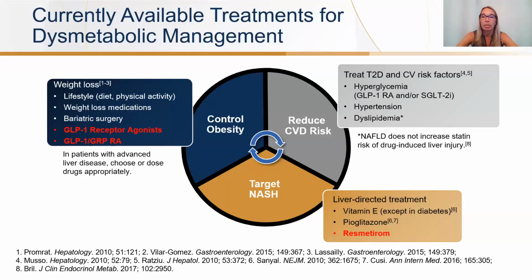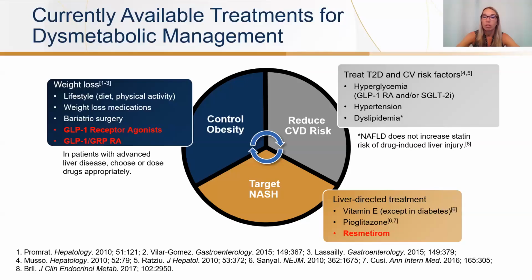We're definitely studying the GLPs. We're going to talk about that a little later on in the deck in the setting of MASLD and MASH. And we probably will see approvals of these in the near future. But for now, the indications are still diabetes and weight loss. So definitely something to consider in our patients who require weight loss in conjunction with other management options for their MASH. Cardiovascular disease risk reduction, certainly treating those cardiometabolic comorbidities, in particular treating type 2 diabetes, and also hypertension, dyslipidemia.